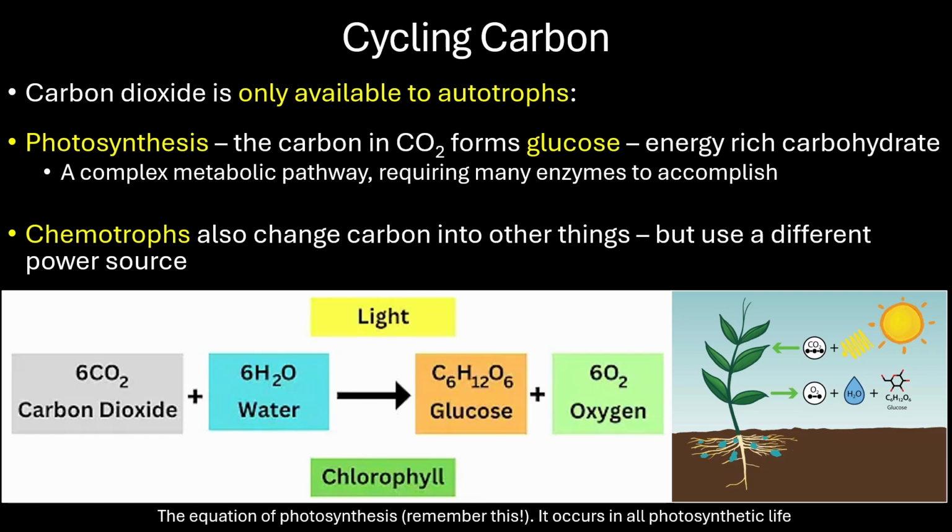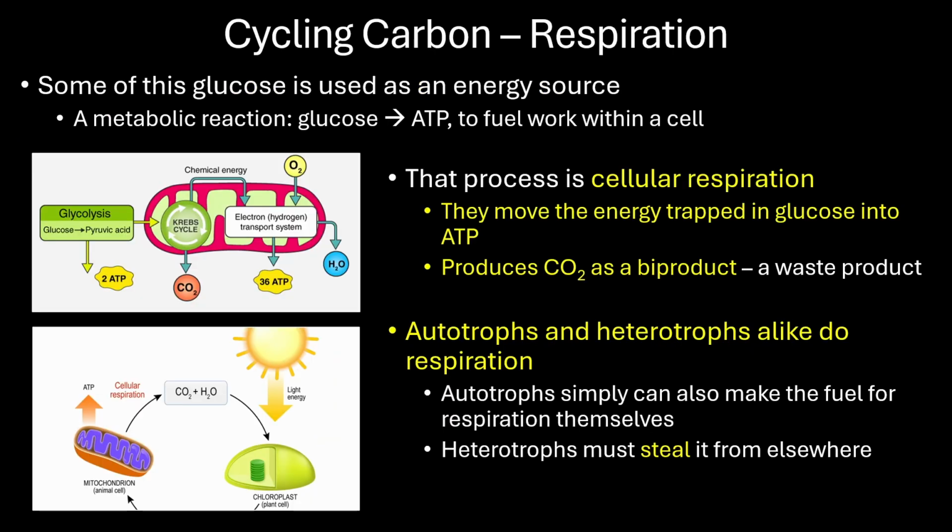autotrophs, specifically those phototrophs, utilize that carbon dioxide. Chemotrophs also will change carbon, like carbon dioxide, into other things, but they just use a different power source to facilitate that. They're not using the sunlight to facilitate that. Instead, they're doing some other chemical reaction, taking the energy out of an exothermic reaction with another chemical to power that process. So these organisms, when they produce that glucose, it can be used to do a variety of